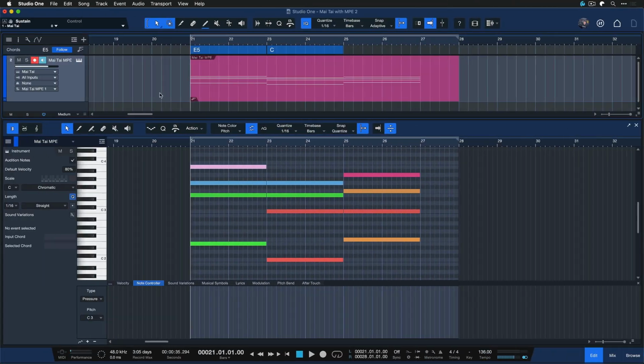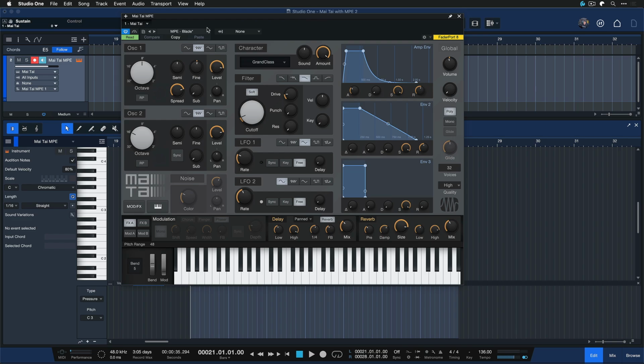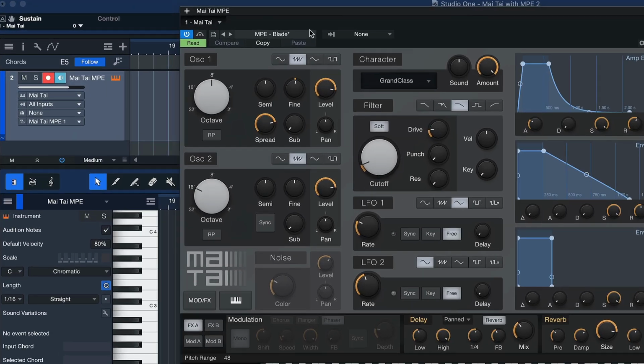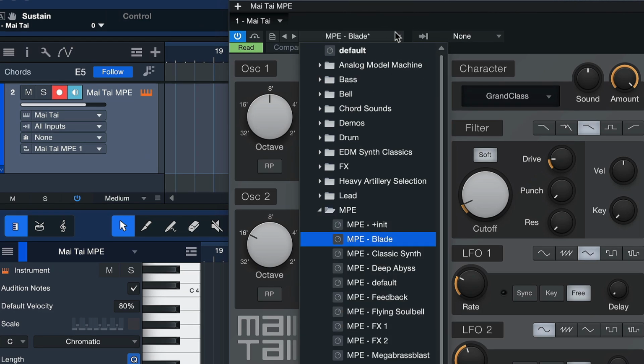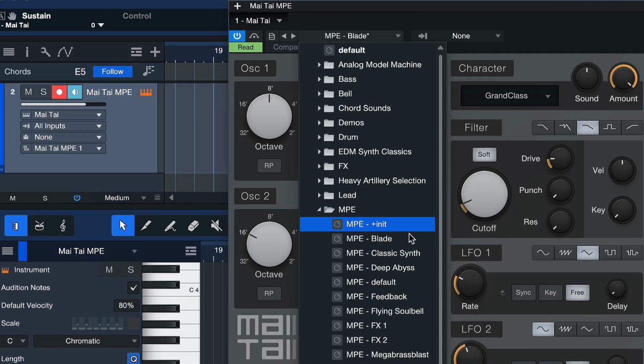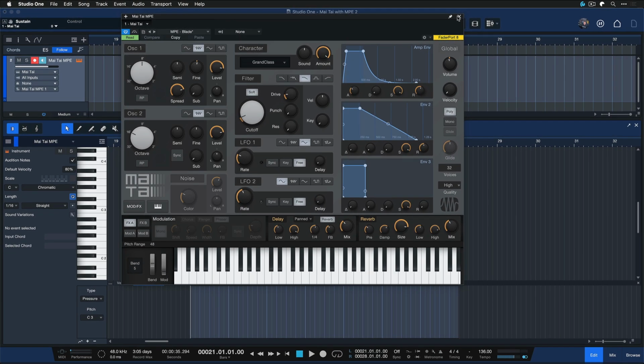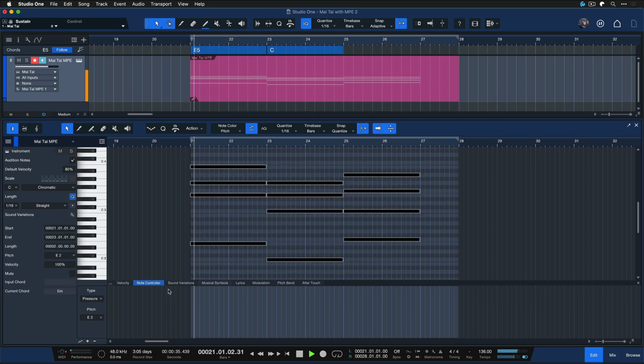Let's take a look. So when we open up the Mai Tai, which is the powerful virtual analog synthesizer that we have inside of Studio One, we find a brand new preset folder in Studio One 6 that's labeled MPE, and that's actually a great starting point for you so that you can explore the sonic capabilities of this feature immediately without having to worry about the routing. Because if you select the MPE blade preset, for example, as I have here, and you have a chord,